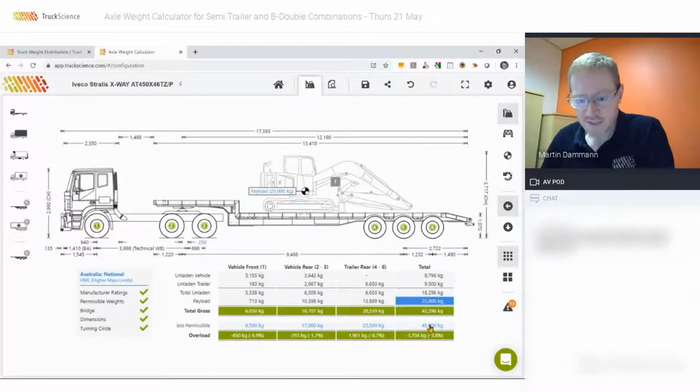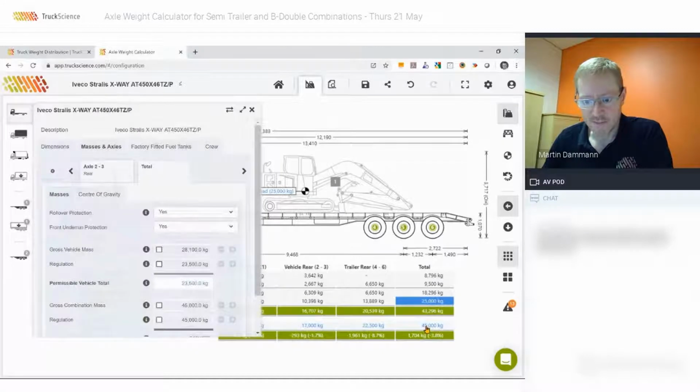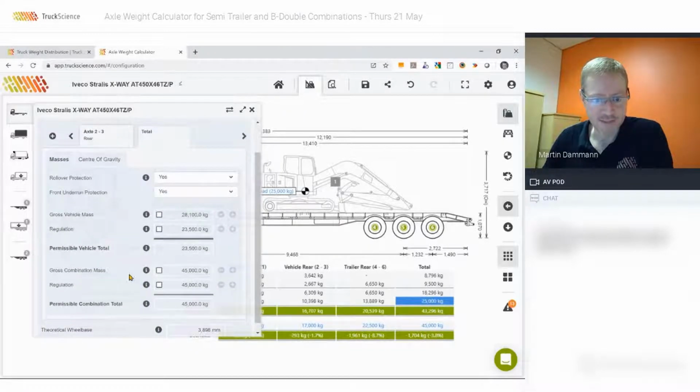That's also an interesting one because the sum of axles in this scenario is actually 46 tons. So taking the original 42.5 ton limit and adding all the increases of the axles, we would actually arrive at 46 tons. However, for this particular vehicle, the limit is 45 tons because of the gross combination mass of the